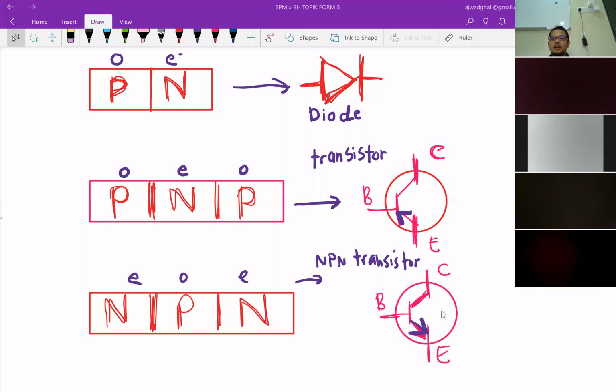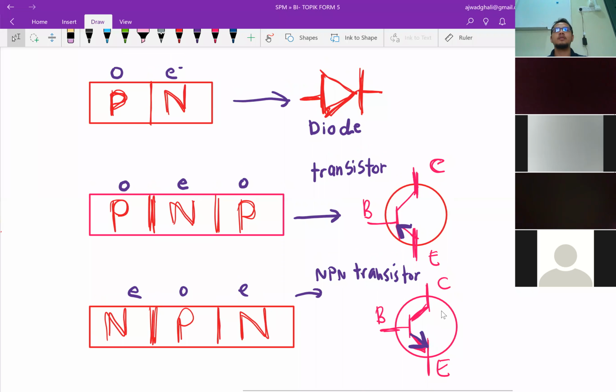Okay, let's continue. Okay, so back to this node. Before we stop,